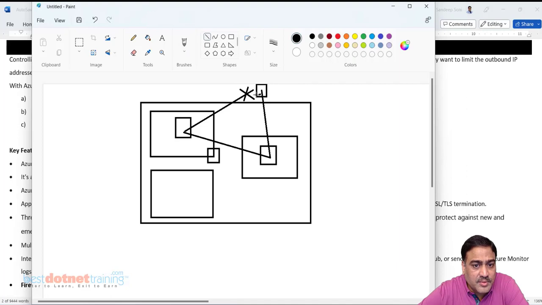Inbound traffic always comes like this, directly from the internet. The route table doesn't come into the picture for inbound traffic. Now from here, if I go in, to get the exit, it has to go like this via the firewall.